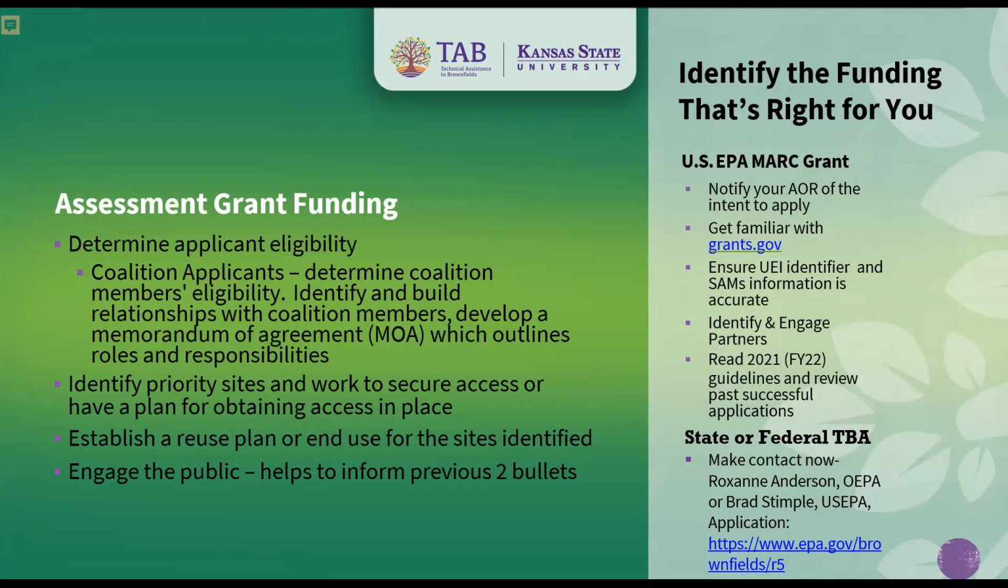You want to start identifying and engaging your partners, people you think are going to provide some good assistance and help that will fulfill the partner requirements in Section 2 of the grant. Start working with them now, not later. And read last year's guidelines. Actually, that should say FY 2022, FY 23. Sorry about that. But look at past successful applications that are online at KSU Tab, as well as last year's grants, both successful and unsuccessful, on the EPA